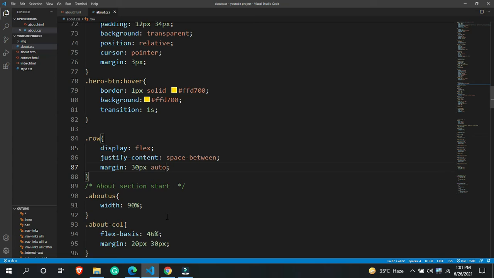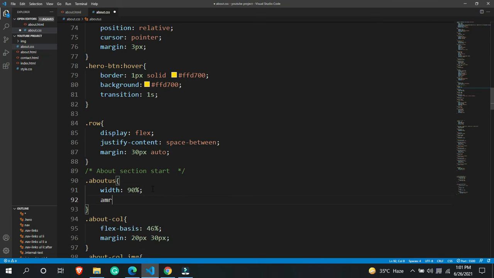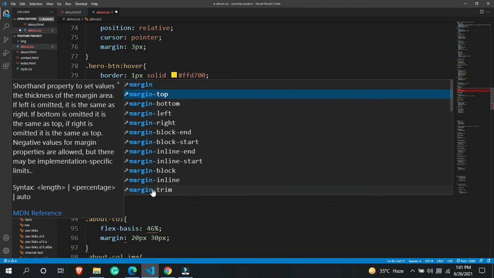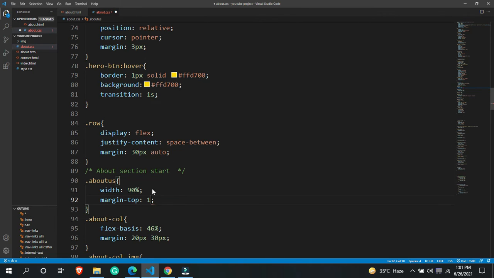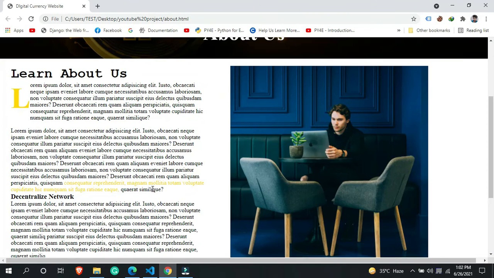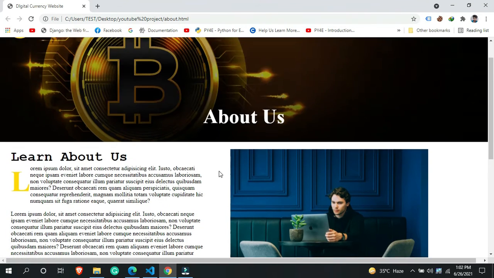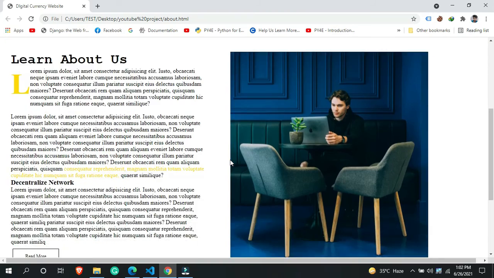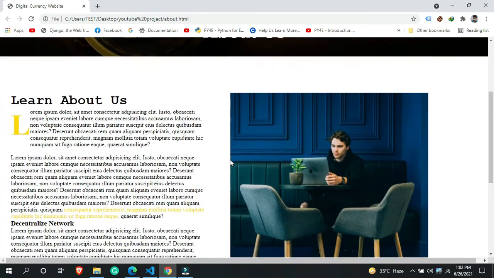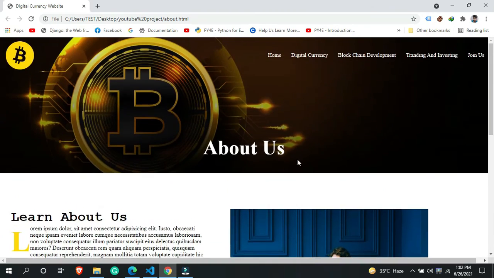Then after that, if I wanted to add a margin from the top, I can also do that. So let's say I wanted to add a margin from the top of 80 pixels. This will reflect like this. After adding the margin, here you can see we are getting our learn about section from there to here.